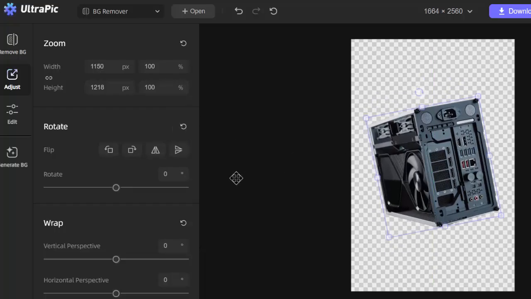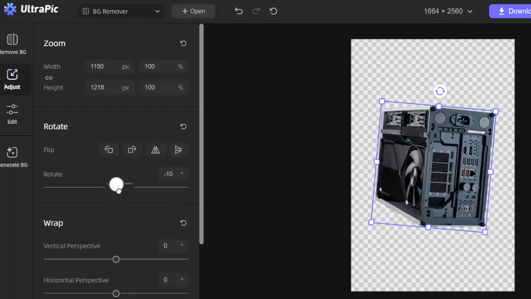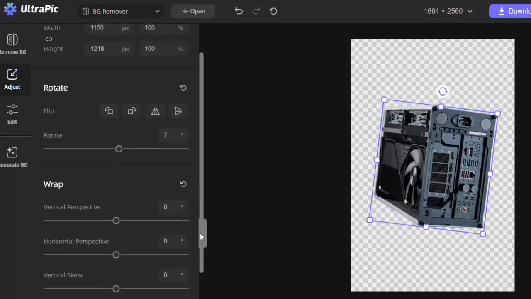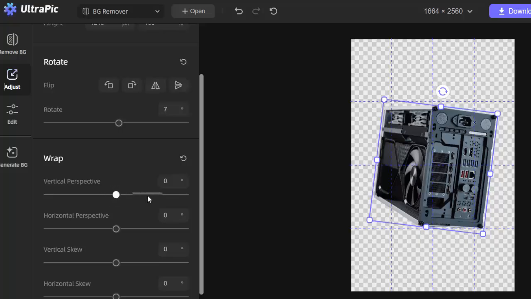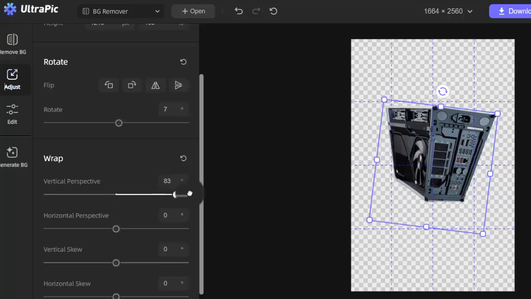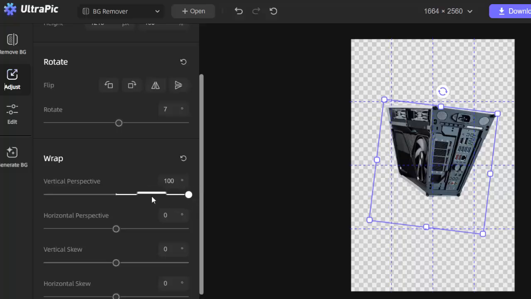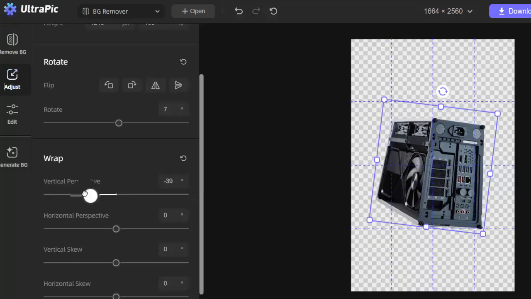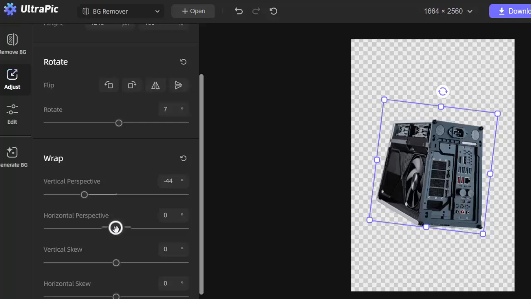You can just move it around, and then there's also what's called warp here, where you can do a vertical perspective, where it just shrinks like that, and then you can go back like that, where you can warp the perspective of the vertical side, horizontal perspective,